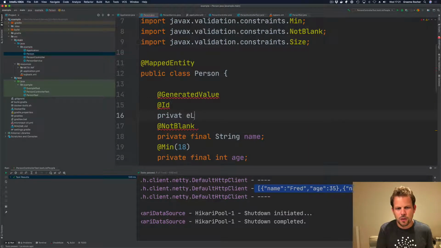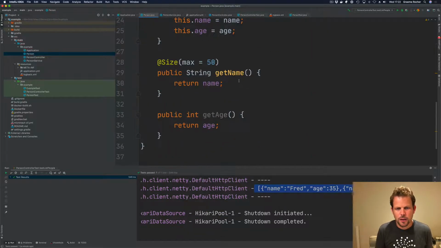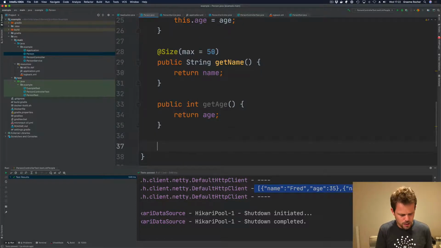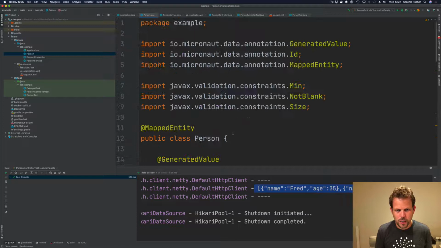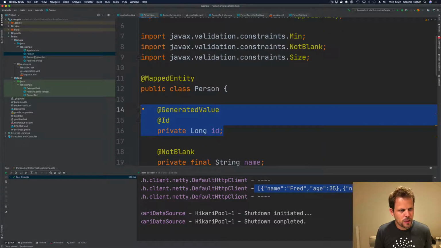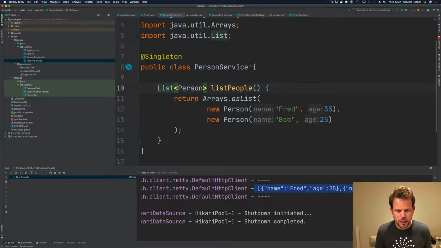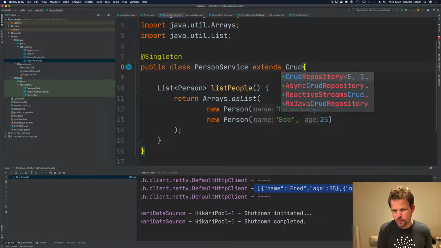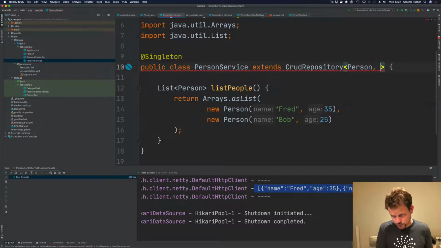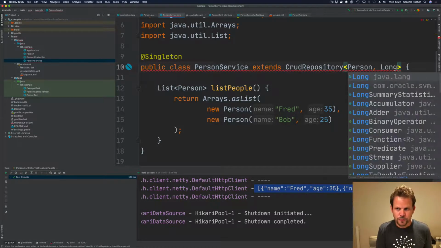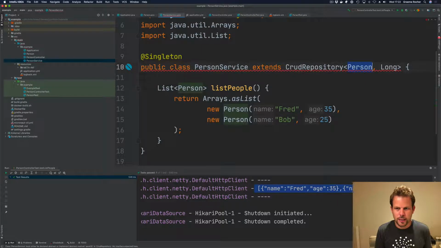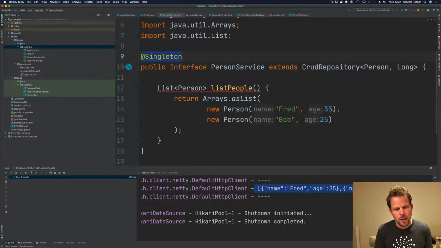So it's going to have a private long ID like that, and it's going to have a getter and a setter. There we go. So there we have added an ID to the person. Now I'm going to transform my person service into a repository instead. So it's going to extend from CrudRepository, which takes as arguments the entity type and the ID type, in this case Person and Long. We need to make this into an interface instead, or it can be an abstract class as well. I'm going to make this a JDBC repository that is going to use the H2 dialect,